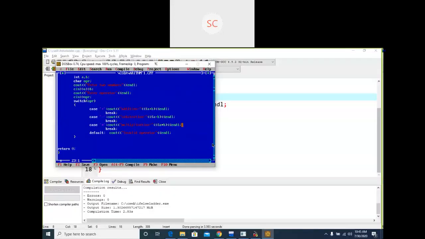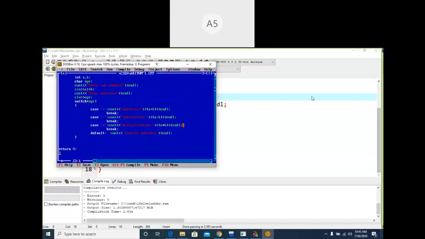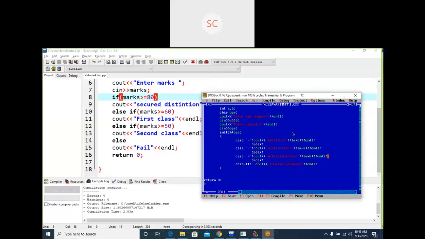This is the difference between switch case and if else statement. Did you observe the difference? In the previous case it checked all the conditions, but in switch case it won't check like that. Directly based on this expression, it will go to that specific case, execute that block of code, and come back from that switch. Then it will execute the normal statements. That difference you need to identify. While executing your program, use that F7 option for debugging to see which statement the cursor is executing first.